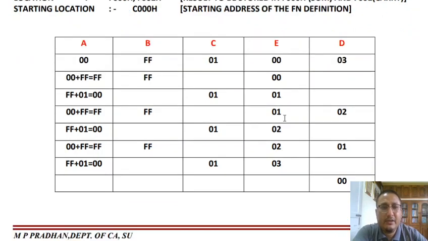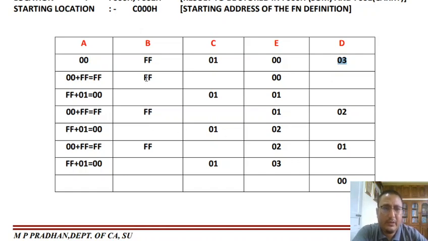Okay. So now here we have 5 operands participating: A, B, C, D, and E. Now A is the accumulator. In B I have placed FF. In C I have placed 01. Okay, and using E I'm keeping track of the carry, and D is the number of times the addition is to be performed. So it has to be added 3 times. So the initial value of D is 3. Okay, now